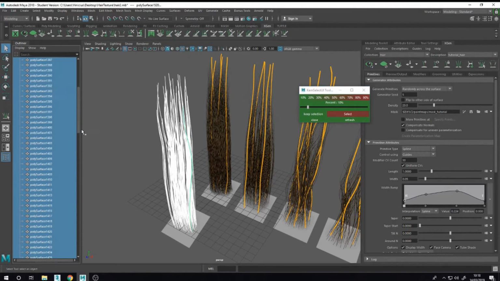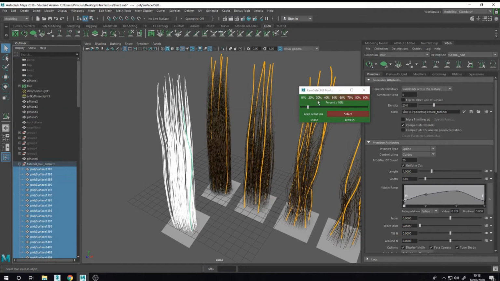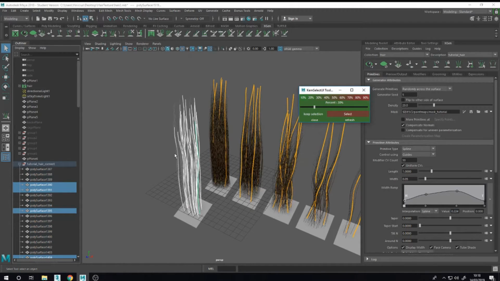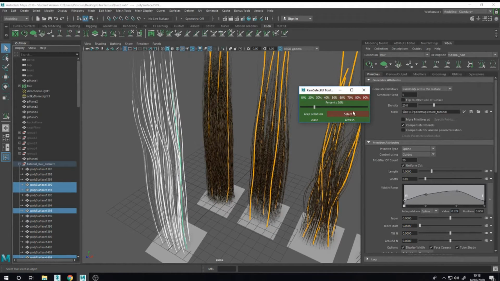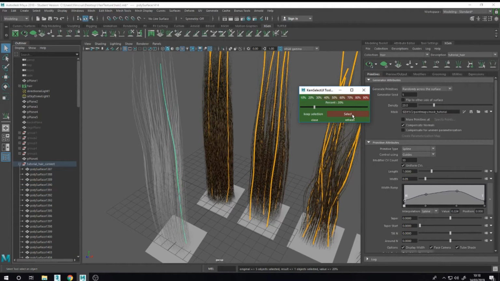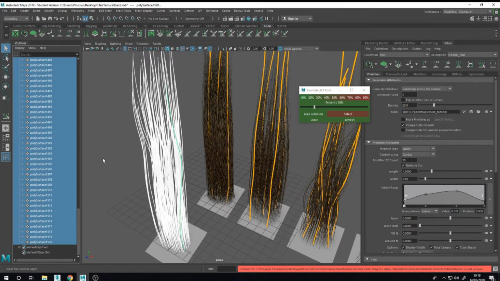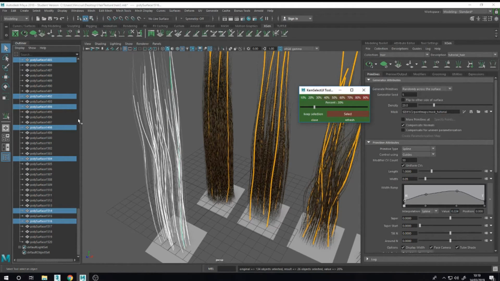Select the shapes here and put like 20. You can see it's selected now randomly. Select, select. You have to do this until you get all the mesh here.